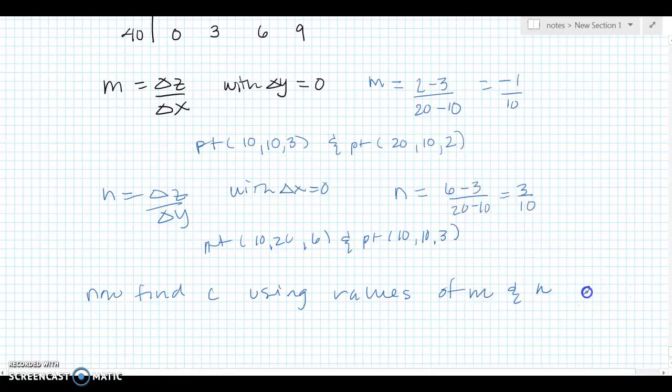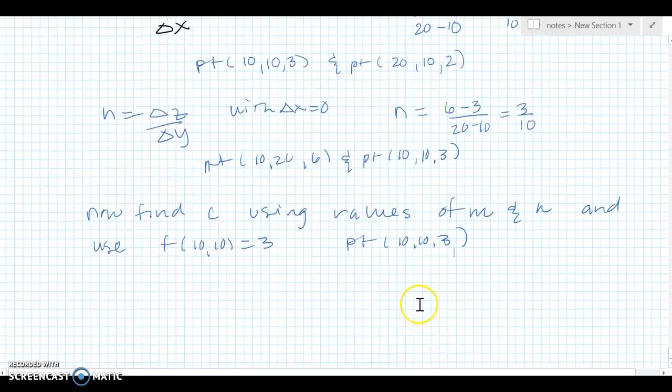Let's go ahead and use the fact that f of 10, 10 equals 3. That's a point, 10, 10, 3. So I'm looking for c, m, x plus n